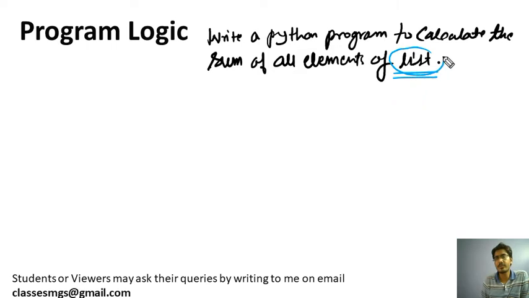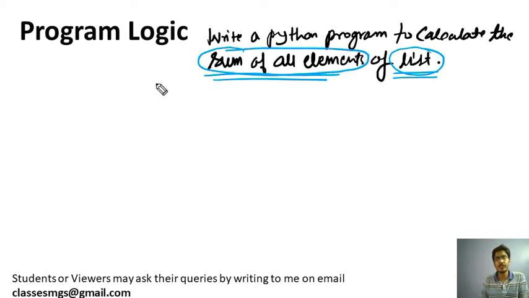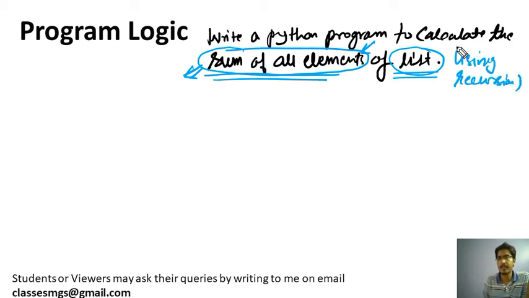If you know the list, then you should know how to calculate the sum of all the elements of the list without using recursion, that is, using a for loop or while loop. You might have learned how to add all the elements of the list using a for loop or while loop. I will give a glimpse here so that you can revise it. Then we will proceed to applying the recursion. Using recursion we need to solve this problem in class 12. Don't use the for loop. It is clearly mentioned in the practical statement.